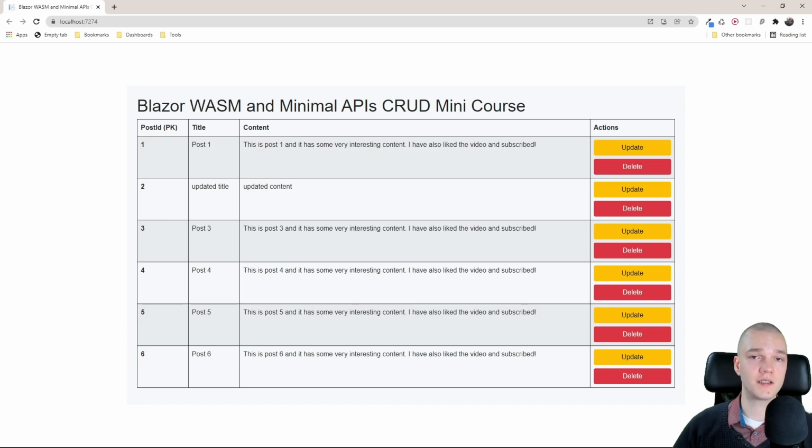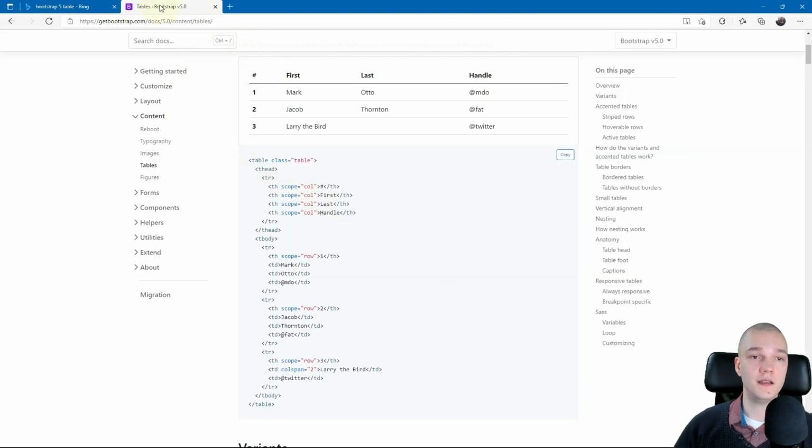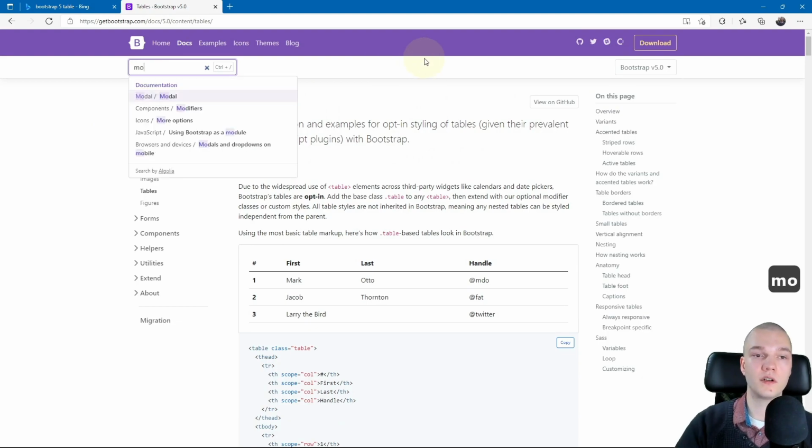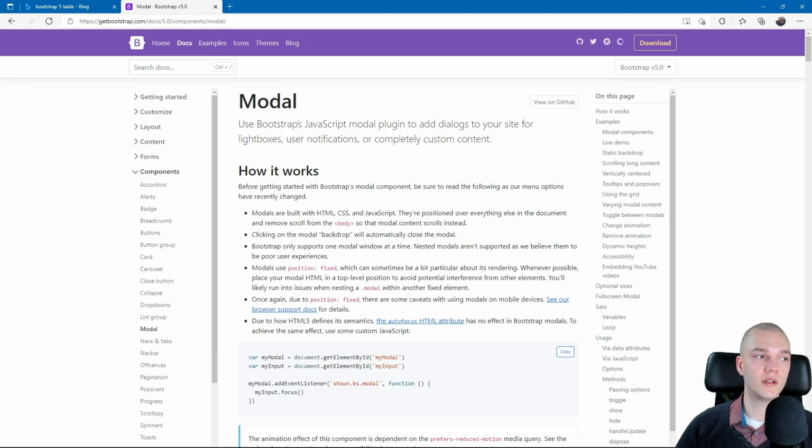So Bootstrap has modals available for us. So I'll just open Edge again. And in the Bootstrap 5 docs, I'll search for modal and click modal/modal. And I'll also add this link to the description below.